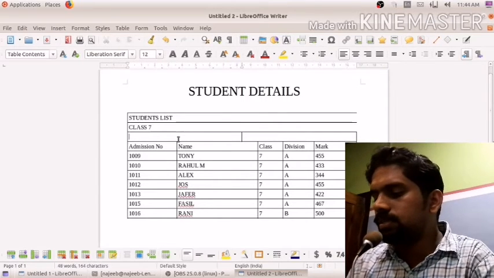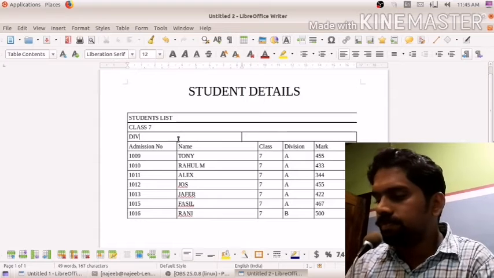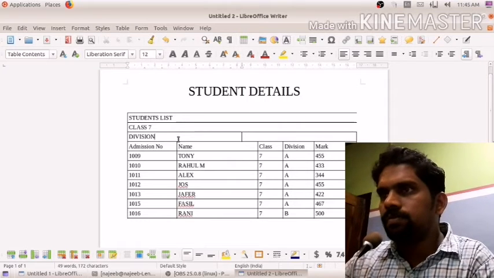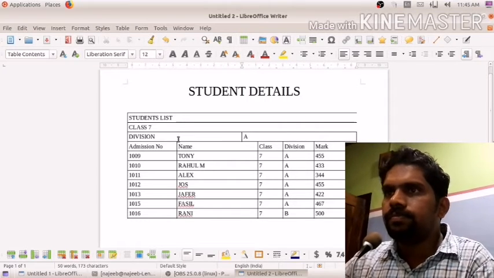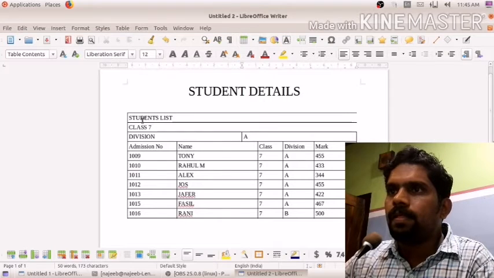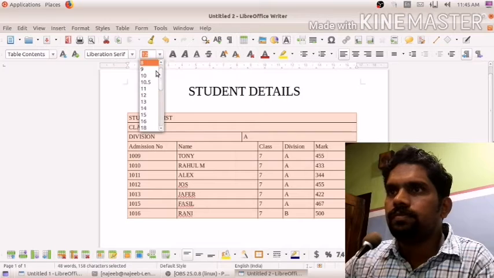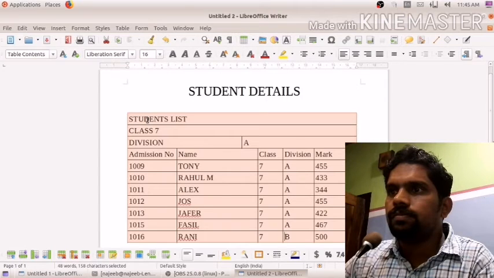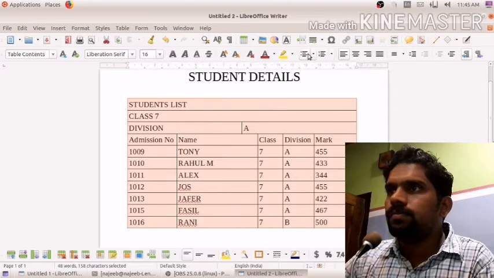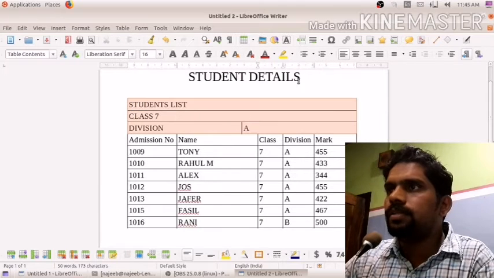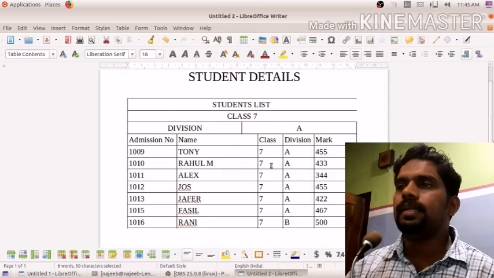If you want to write like this, here Division, then A. Like this we can add the data.